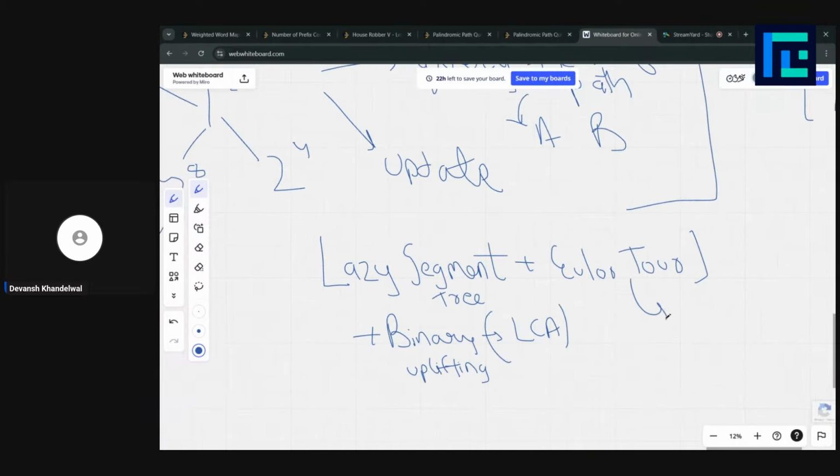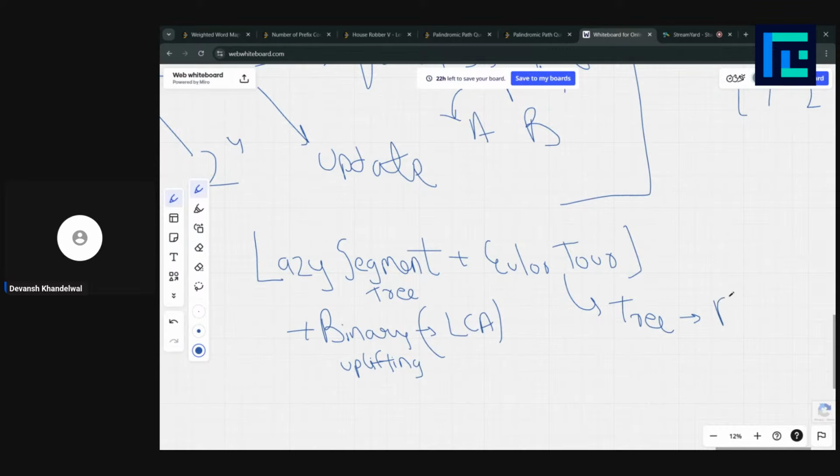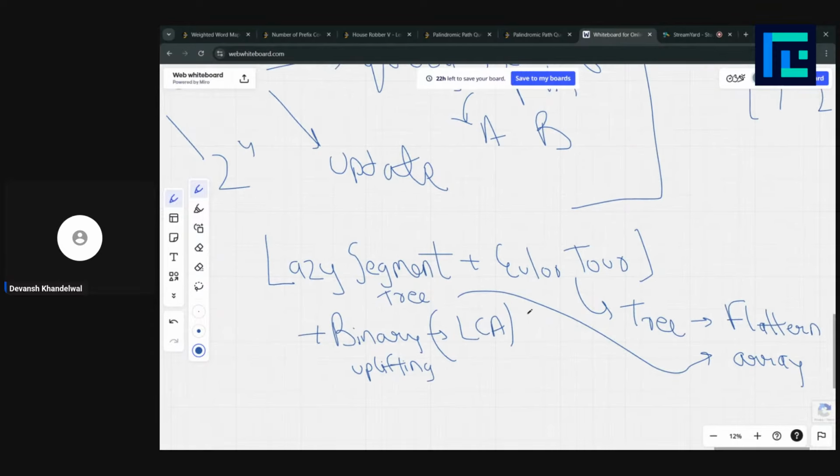We turn the tree into a flattened array, and in this array we apply our lazy segment tree. Got it, chat?